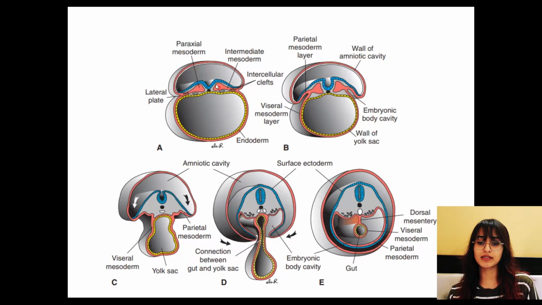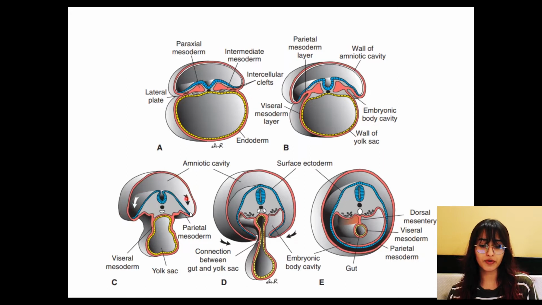So here you can see this, the one in blue is the ectoderm, the one in red represents mesoderm, and the one in yellow represents the endoderm. So mesoderm is paraxial, intermediate, and lateral plate mesoderm. The lateral plate has two parts, the parietal layer or the somatic layer and a visceral layer, that is the splanchnopleuric layer of lateral plate mesoderm. And after the